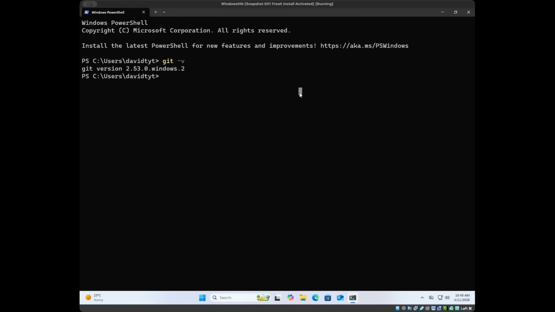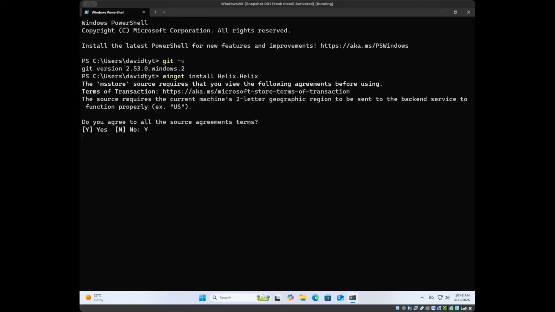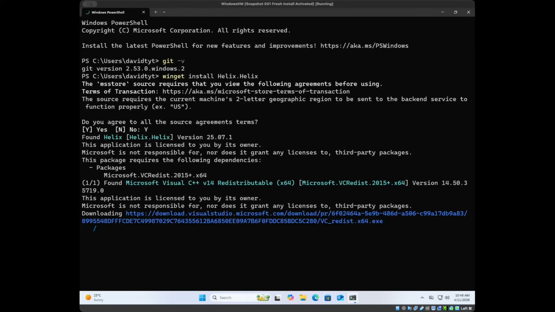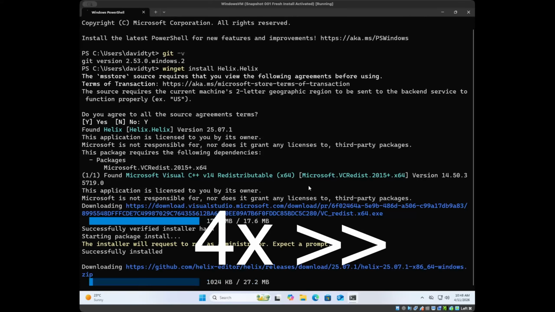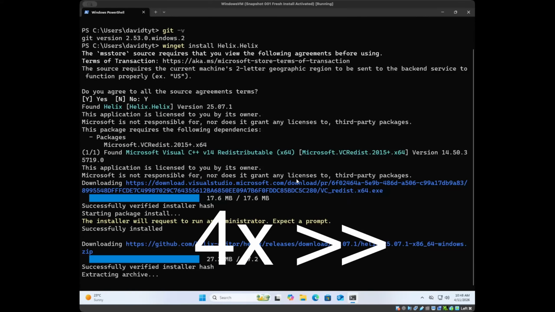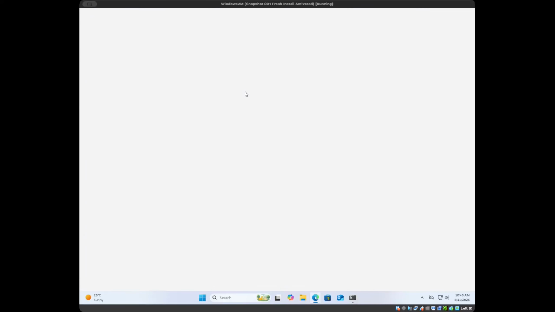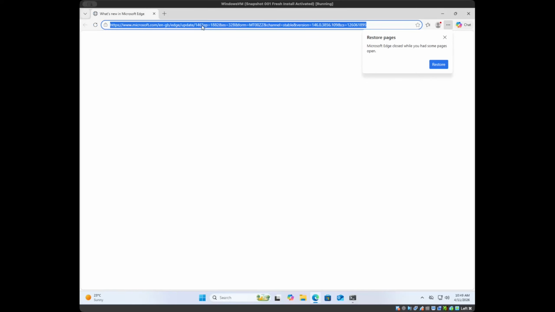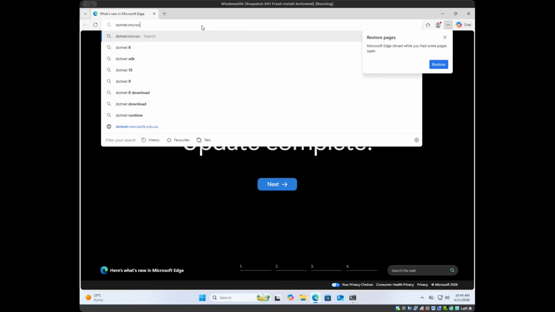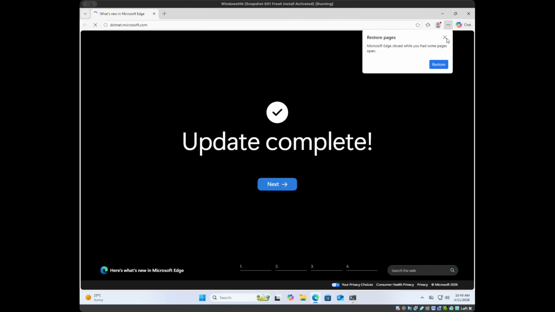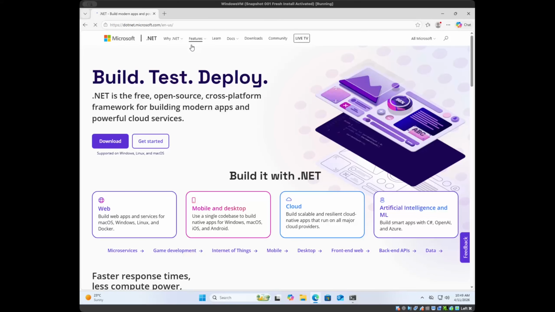Now I'm going to install Helix. I definitely read the terms and conditions. Yes. Okay, now I'm going to install the .NET SDK. So I need to go to dotnet.microsoft.com. I'm going to click on download